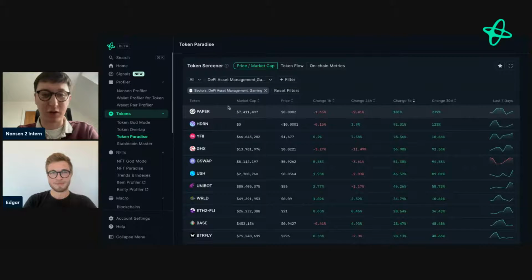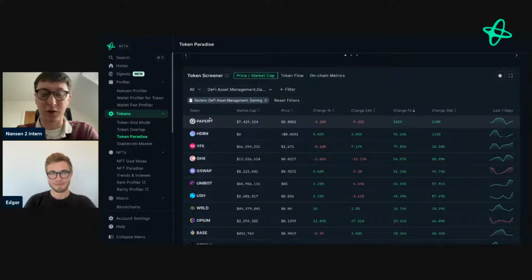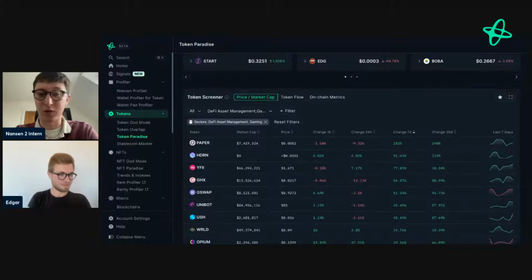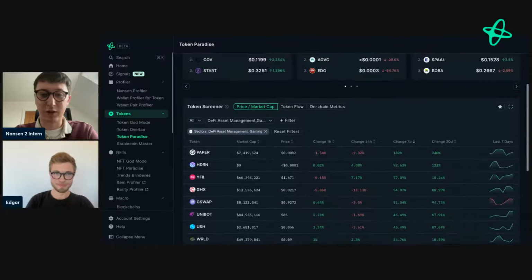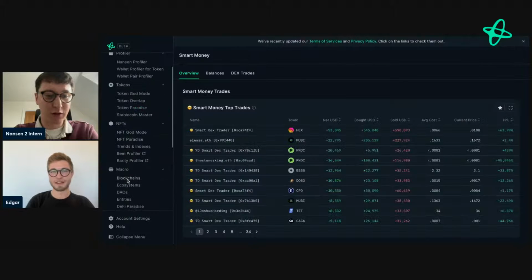Paper's an interesting token, and if there's any smart money trades, we can dive into that a bit later on. I noticed there's been quite a lot of movement on this token, particularly over the past week. You obviously can see it with the price change, and I think that's partly to do with a wider theme on Starknet. Blockchain gaming, another token called Lords, has also received quite a lot of attention recently. So there's something that we could potentially dive into later if a smart money DEX trader has made a trade on there. But going back,